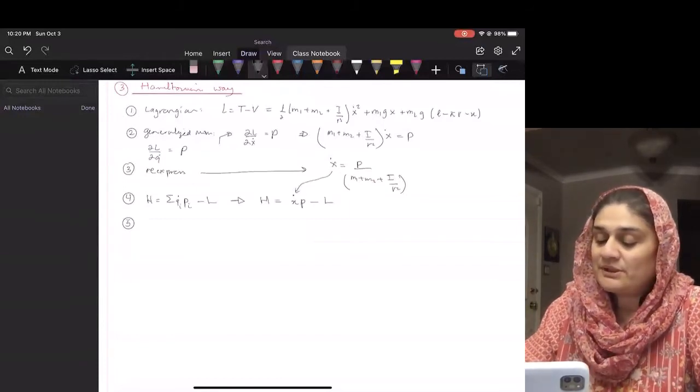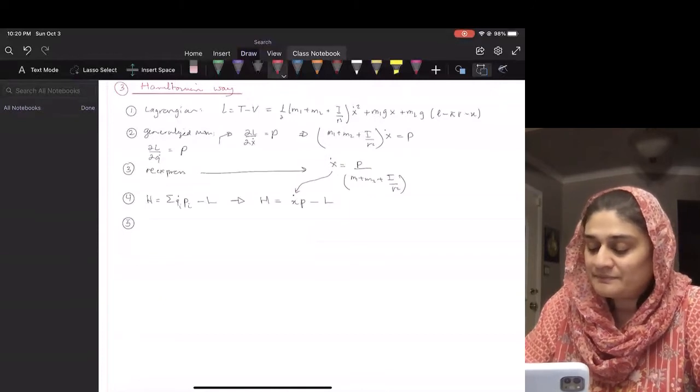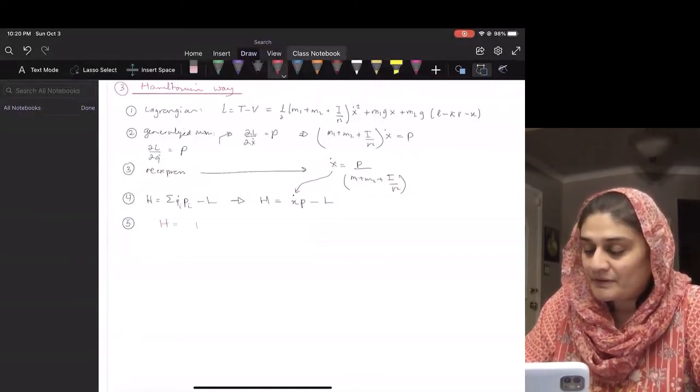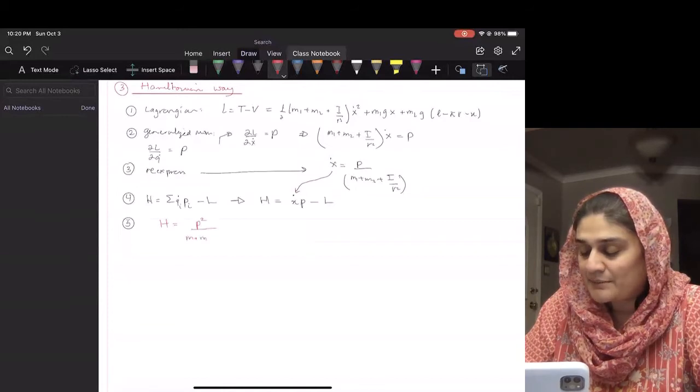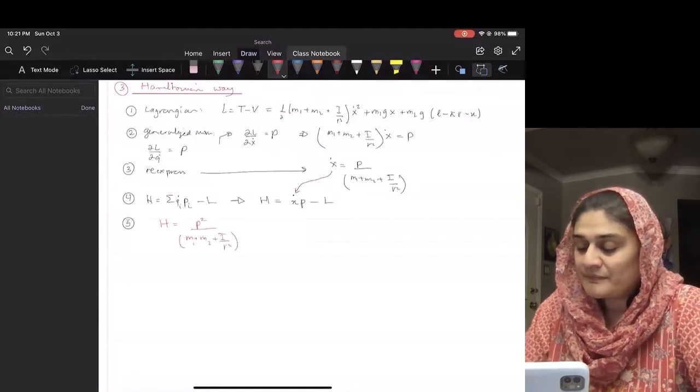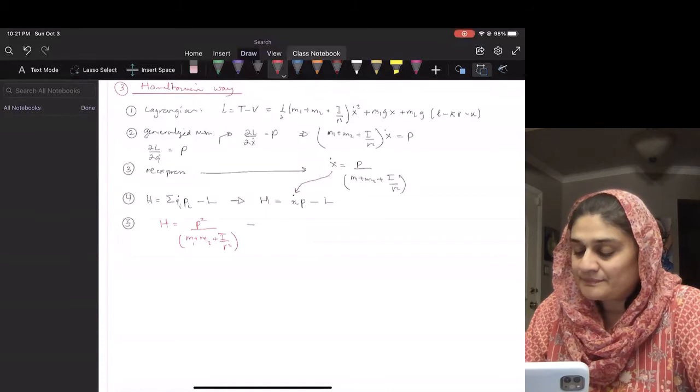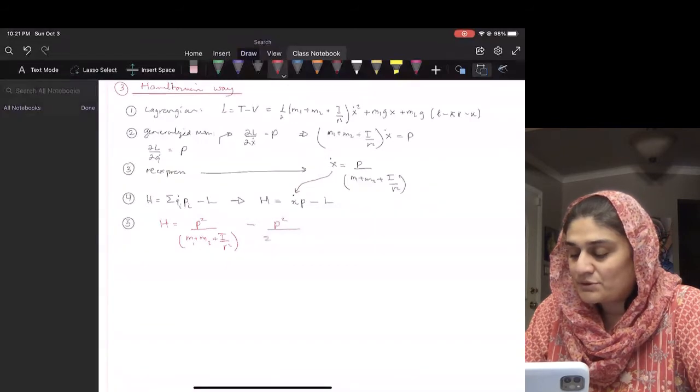So my Hamiltonian will now become P squared over (M1 plus M2 plus I over R squared) minus P squared over 2 (M1 plus M2 plus I over R squared)